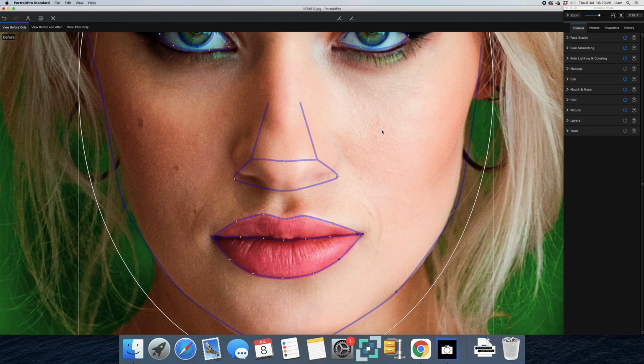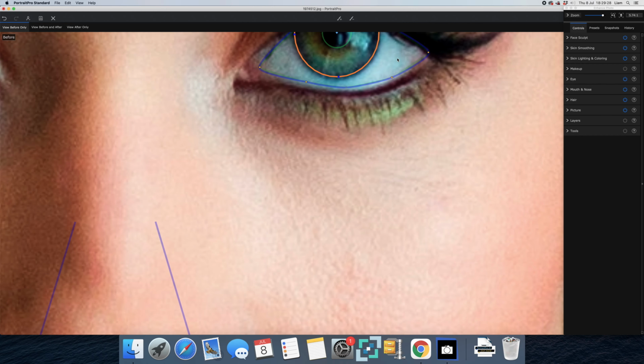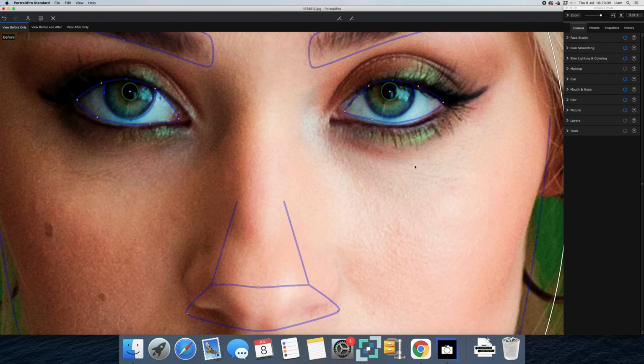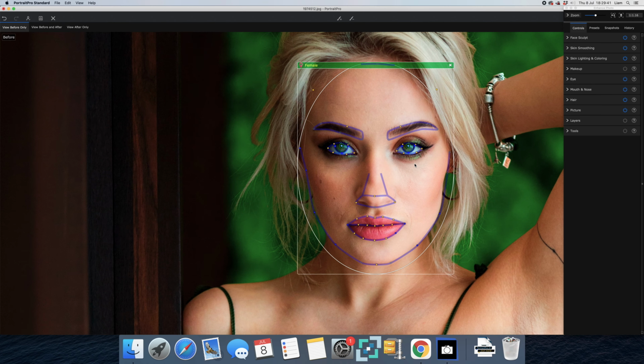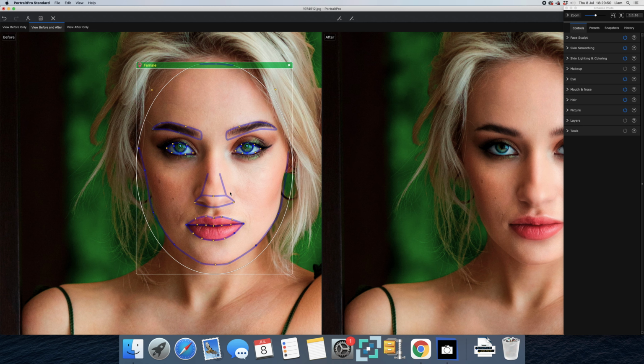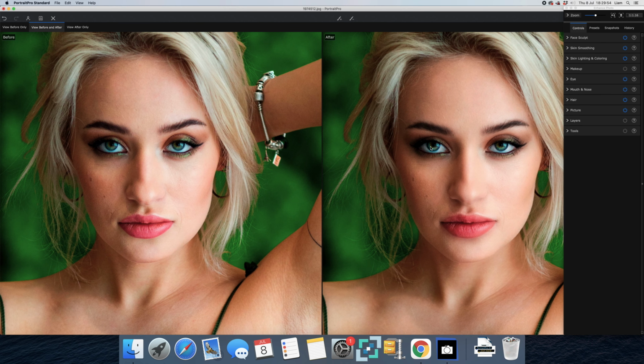Let's check our eyes, just using the zoom on my mouse. Yeah, and literally you don't need to do anything there. Yes, so let's zoom out. So, and then we have the view before and after. So on this panel here, you can change with the adjustments. On this side, it's showing you the after. Now the after on this is a standard preset, which